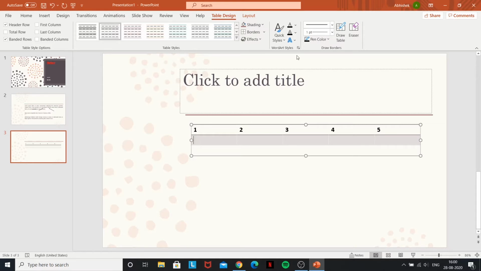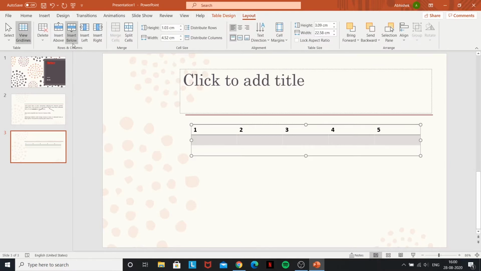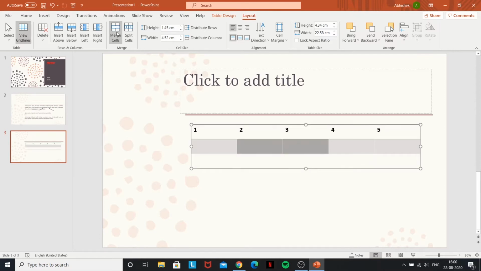So now you can add in whatever data you want on the table without any difficulty. It's quite simple. So the table design, you can choose these colors, you can choose word art styles. The layout of the table is if you want to edit it. So if I select these 2 tabs, I can merge the cells, split the cells. These are all very simple features, so I won't be getting into it too deeply.